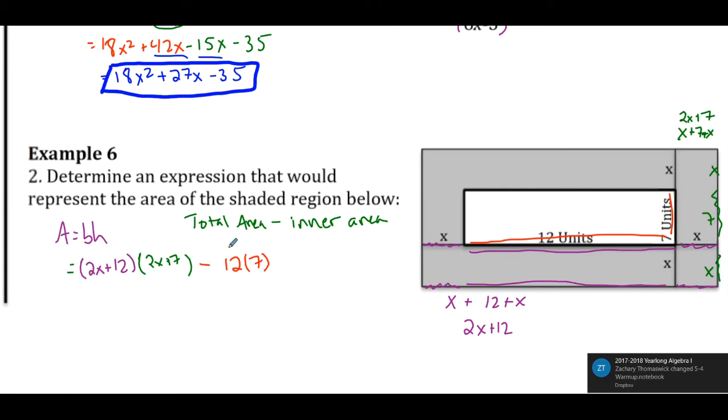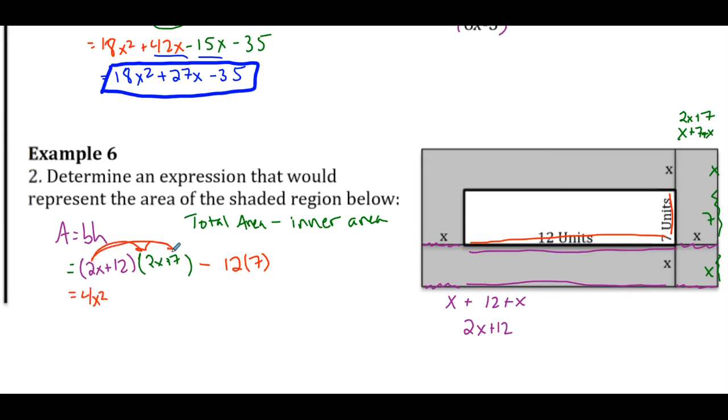All right, so now I'm ready to multiply and sort of combine this and make it look simpler. So I'm going to start by dealing with this binomial times this binomial. You still got to follow your order of operations. So I multiply, and then I subtract. Okay, so I'm going to multiply 2x times 2x, and I get 4x squared. 2x times 7 is 14x. 12 times 2x is going to be 24x. And 12 times 7